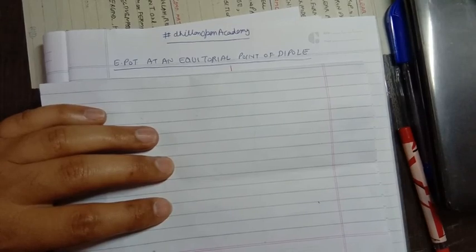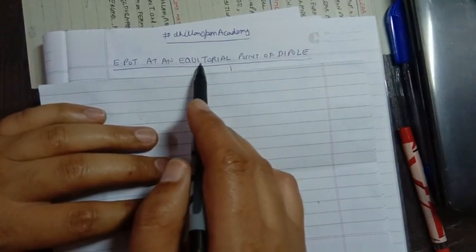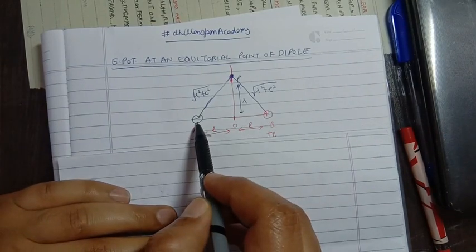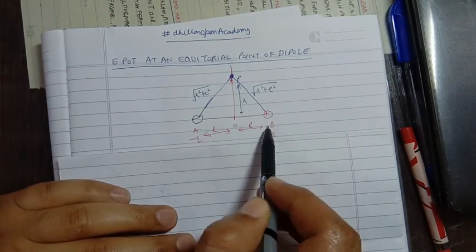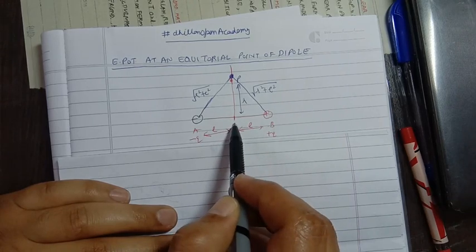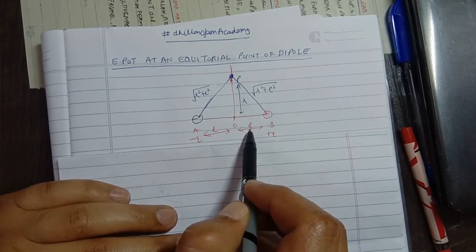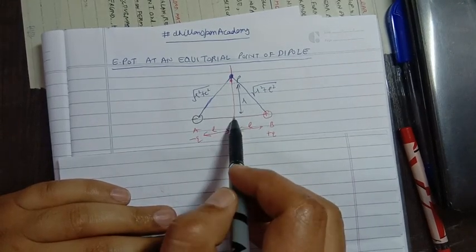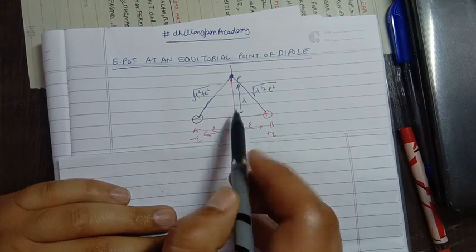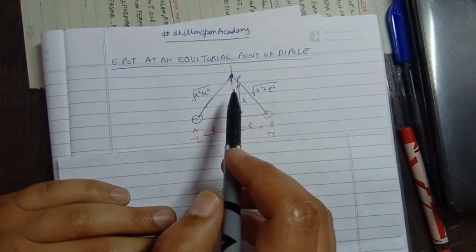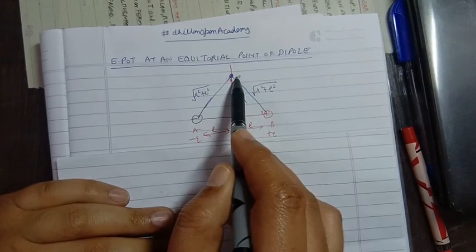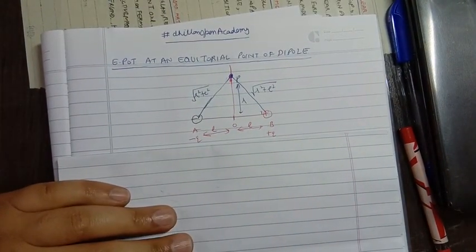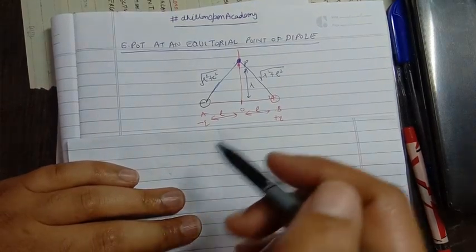Lastly, we are finding the potential at the equatorial point of the electric dipole. So this is an electric dipole with minus and plus charge at points A and B. O is the center of the dipole. The distance of either charge from the center is L again. P is the observation point, which is lying on the perpendicular bisector at a distance r away from the origin. Using the Pythagoras theorem, we can easily find that the distance AP or BP is simply equal to the square root of r square plus L square. So P is the point at which we want to find the electric potential.